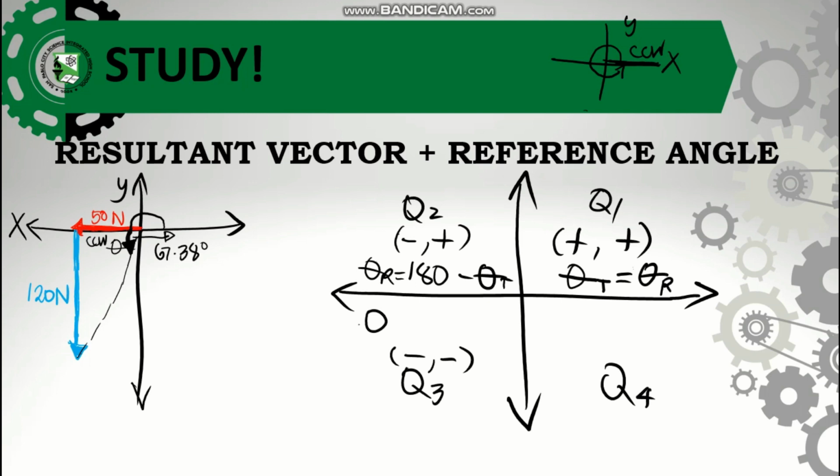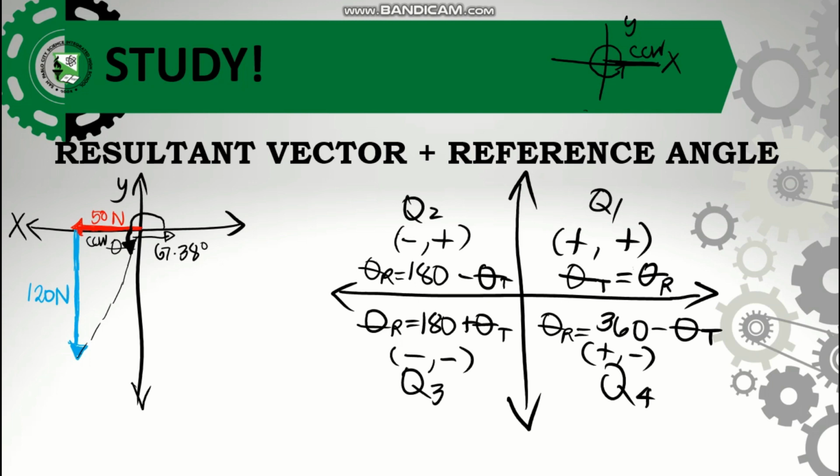So, ayan yung formula natin. Kung nasa quadrant 1 yan, wala kang dapat baguhin sa true angle. Kung ano yung nakuha mo, as is na yon. And then, with quadrant 2, kung ano yung nakuha mo, kailangan mong i-minus si angle sa 180. And then, for quadrant 3, you're going to add the 180. Same nung ginawa nating example dito sa 50 Newton and 120 Newton. And then, for quadrant 4, you're going to minus the true angle from 360